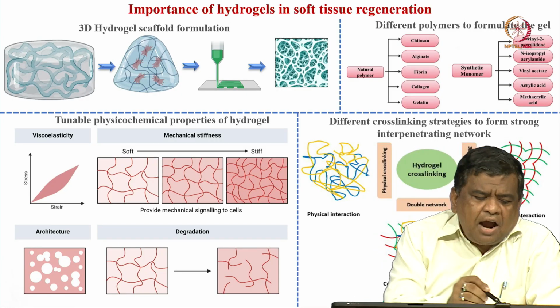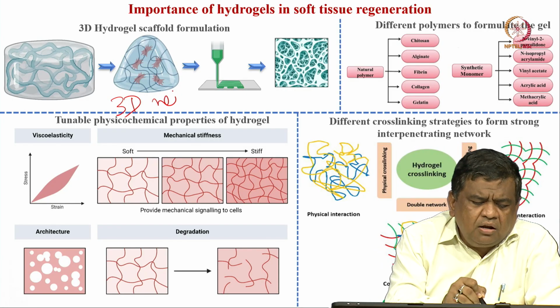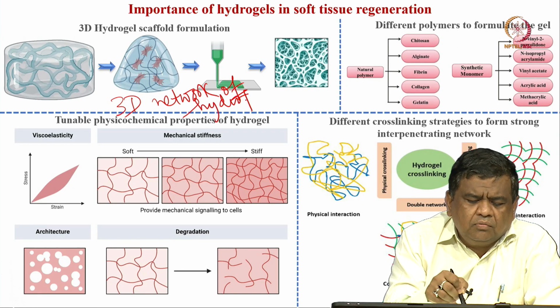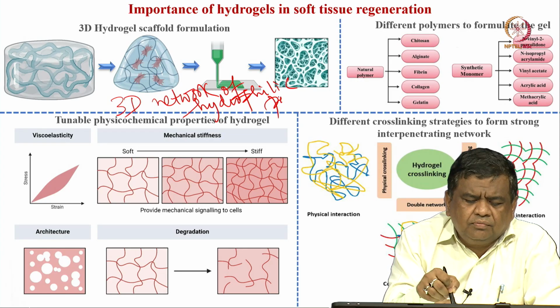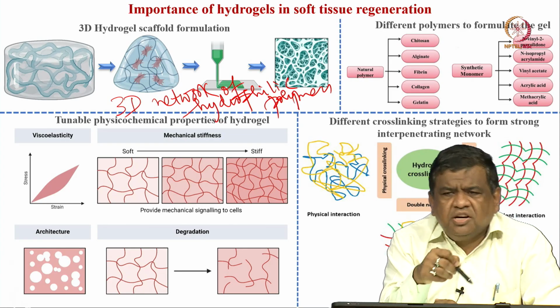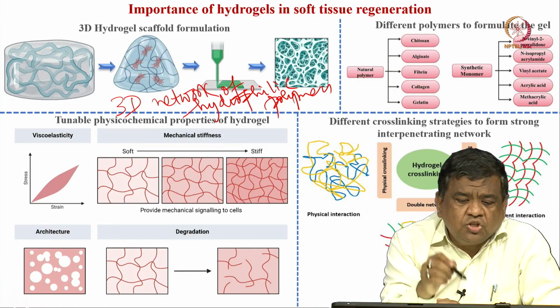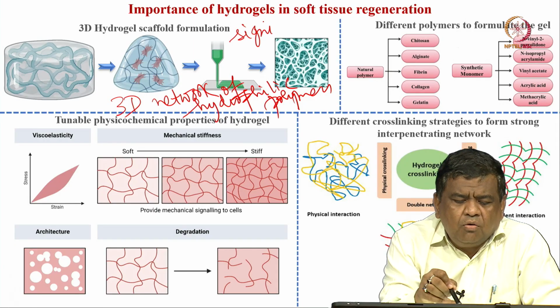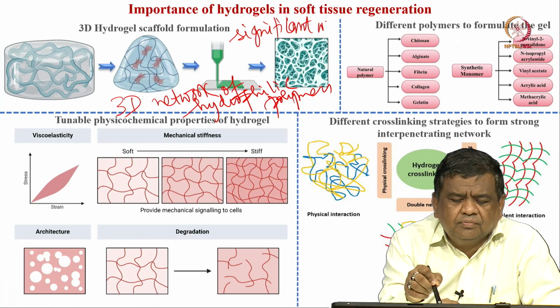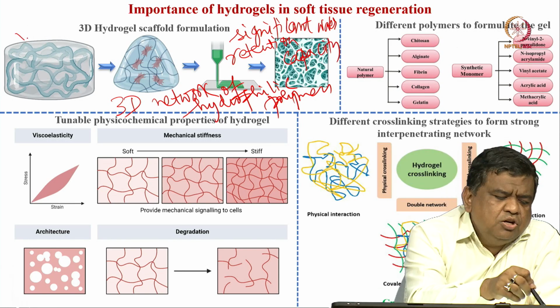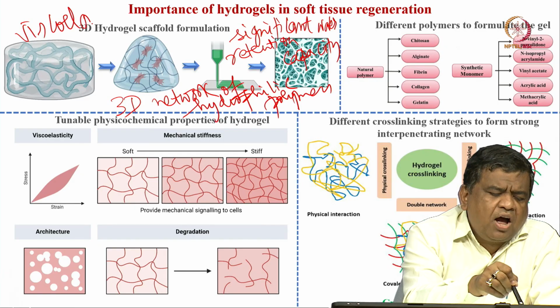So, hydrogel is a 3D network of hydrophilic polymers which can be cross-linked either by chemical cross-linker or physical cross-linker, and which also have significant water retention capacity. Hydro means something to do with water, so the gel has severe water retention capacity, and it has a viscoelastic property. So, these are some of the keywords which define hydrogel.